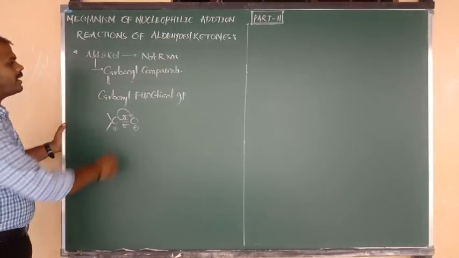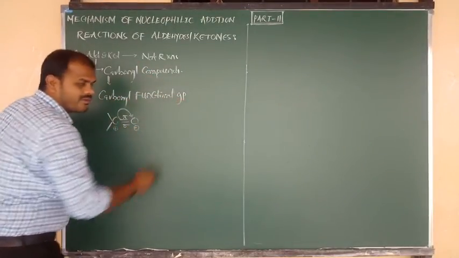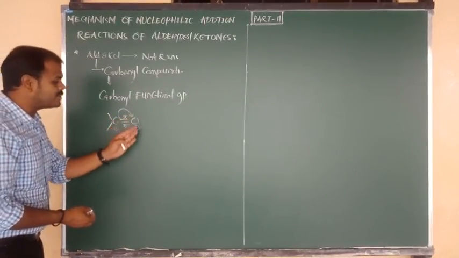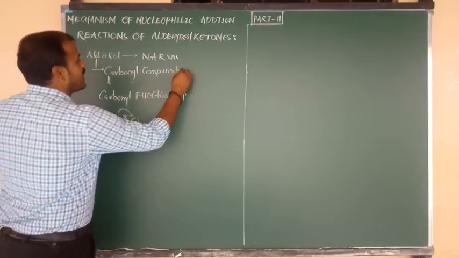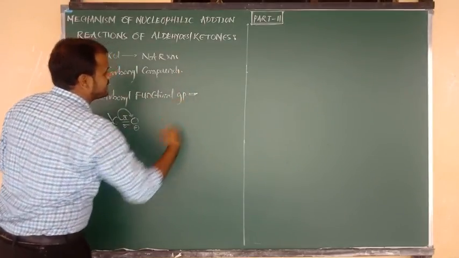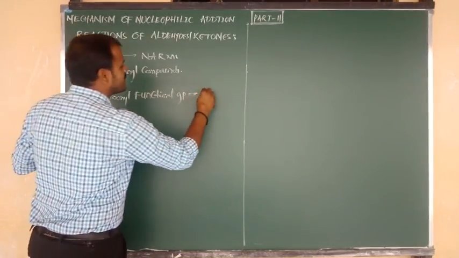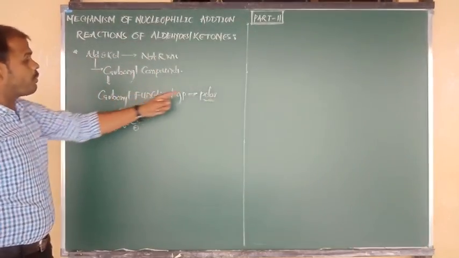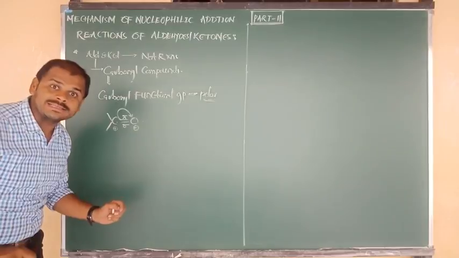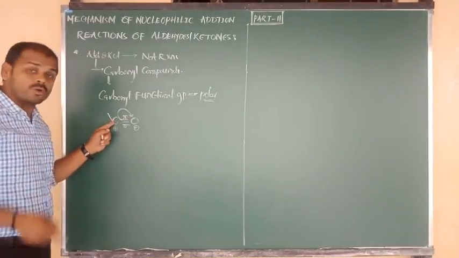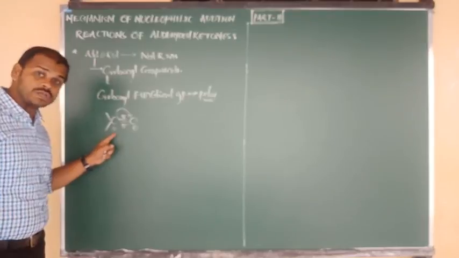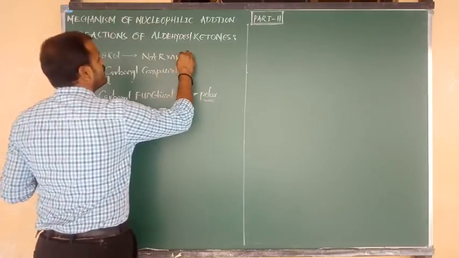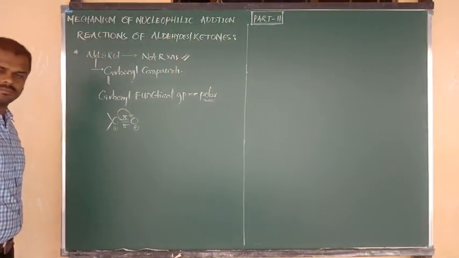So listen carefully. Carbonyl compounds have the carbonyl functional group, with one side a plus pole and the other side a minus pole. So we say carbonyl compounds are polar in nature, and the carbonyl functional group is highly polar. Due to the polar nature of the carbonyl group, and the positive charge of the carbonyl carbon, aldehydes and ketones undergo nucleophilic addition reactions.